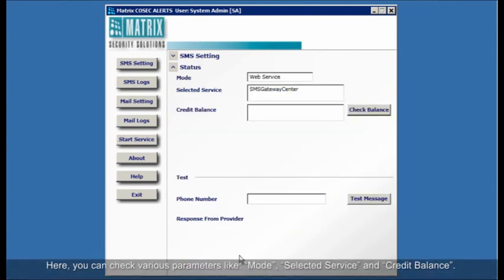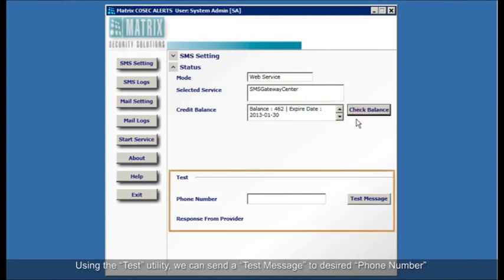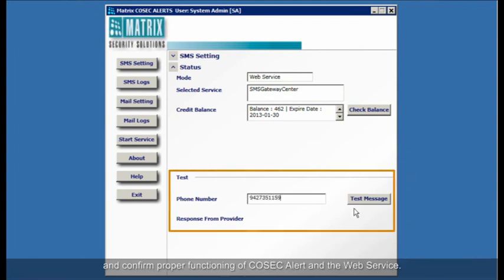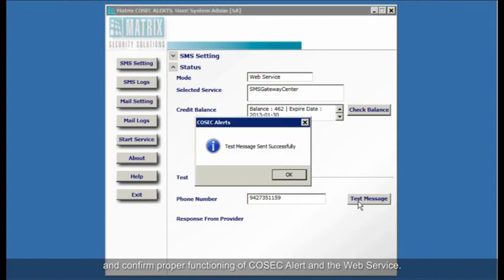After completion of configuration, we can check the web service status. Here, you can check various parameters like mode, selected service and credit balance. Using the test utility, we can send a test message to desired phone number and confirm proper functioning of COSAQ Alert and the web service.